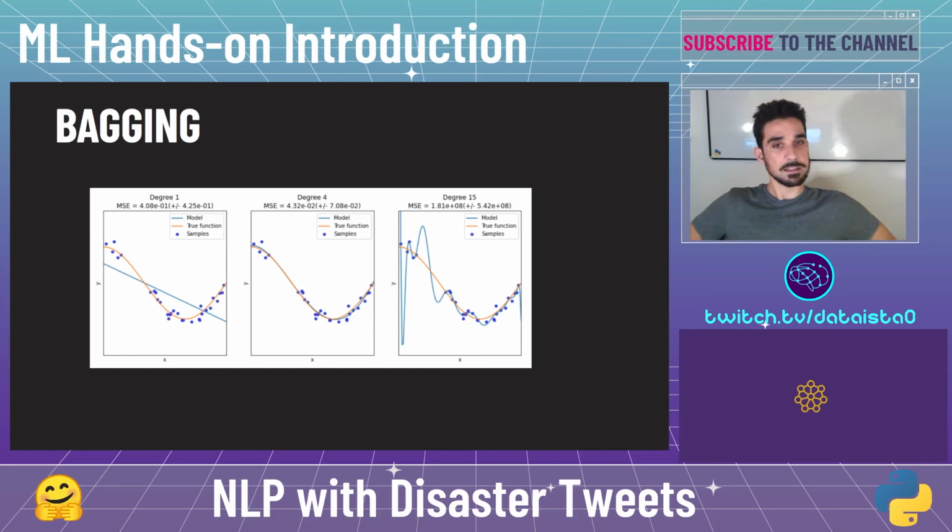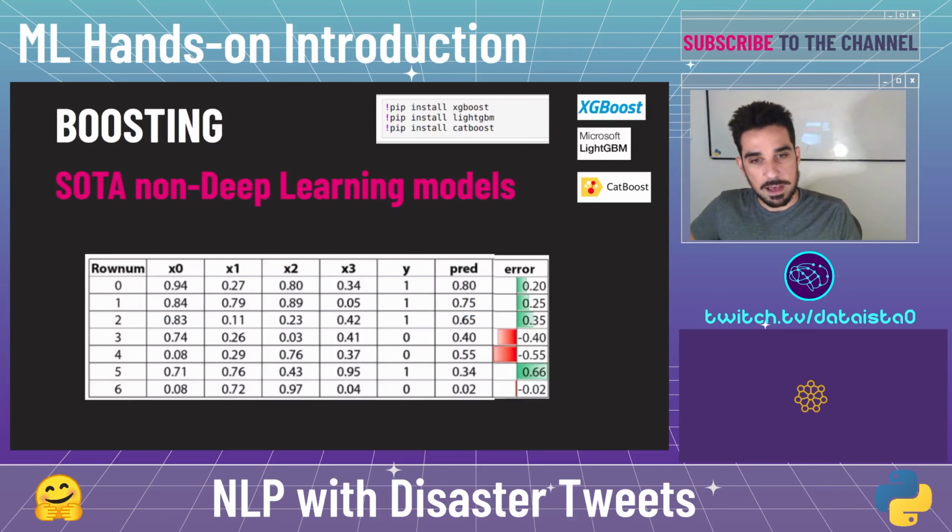This works fine. This is a model called random forest, and is one of the best performing models of non-deep learning nature. Boosting, on the other hand,